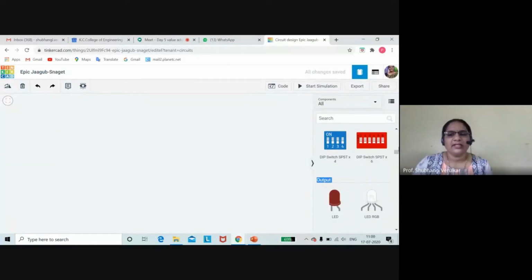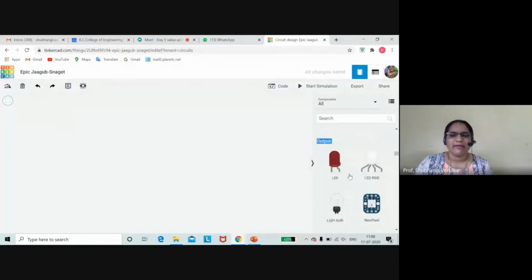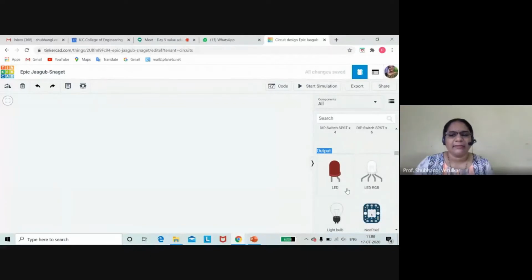So by using these input devices, whatever application you want to develop, you have to explore a lot. You can do a number of things by using this Tinkercad software. Then definitely, once you get some input, you need to actuate some output. To actuate output devices, we have a component that is the LED, light emitting diode. Within this LED you have different colors also. I will show you those colors, like red, green, blue, and how you can change the color. That facility is also available there.